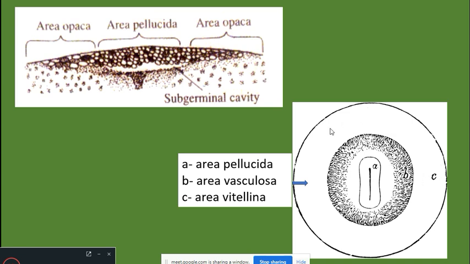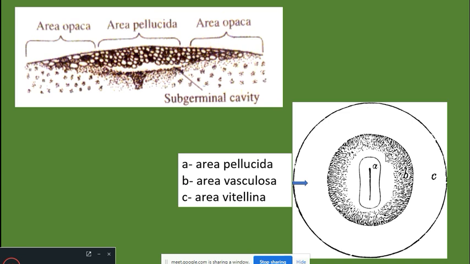This vitellina is having yolk beneath. This area is having yolk beneath, just beneath it there is yolk. This area vasculosa is a region where there will be extension of mesoderm, because suppose this is the primitive streak. You just imagine this is the primitive streak. It is through the primitive streak that the mesoderm cells start involuting inward, and the mesoderm is involuting inward and extending to this area. The mesoderm is involuting inwards and it is extending to this area, and because of the extension of this mesoderm to this area